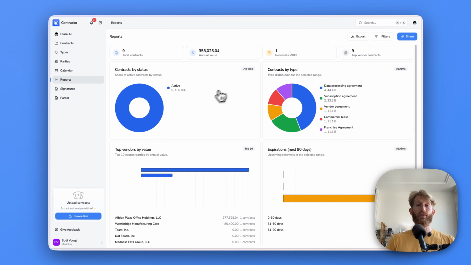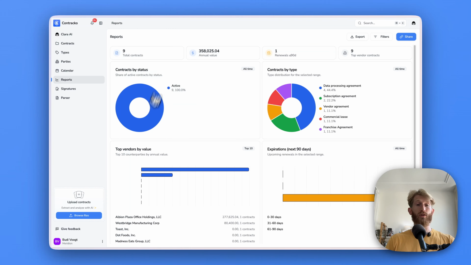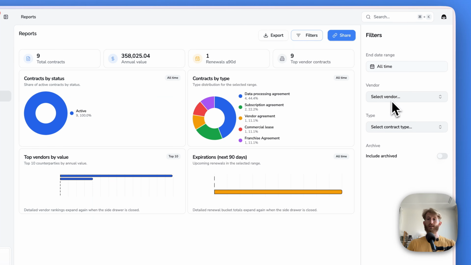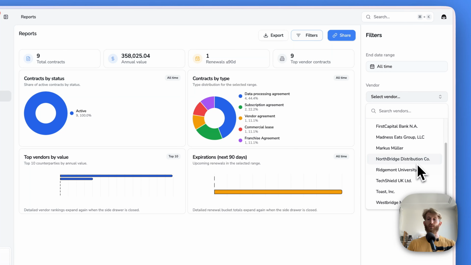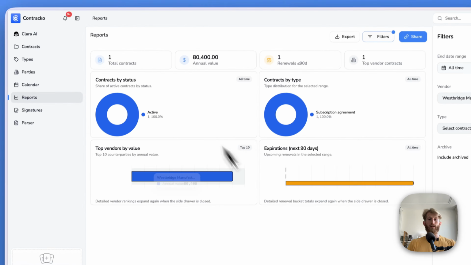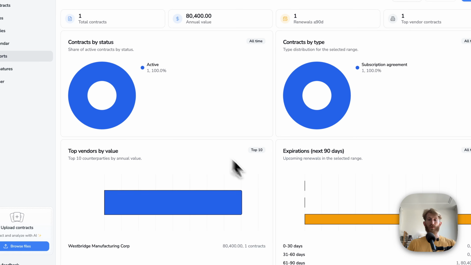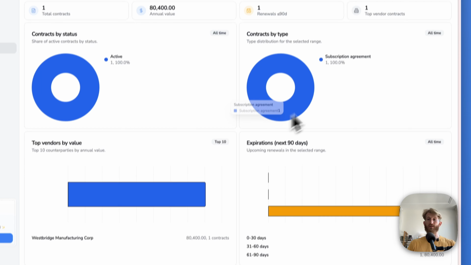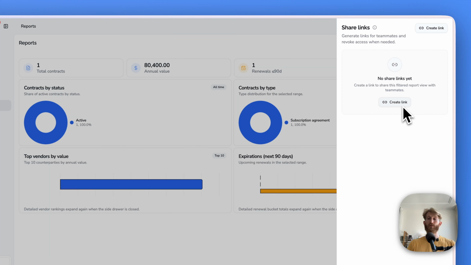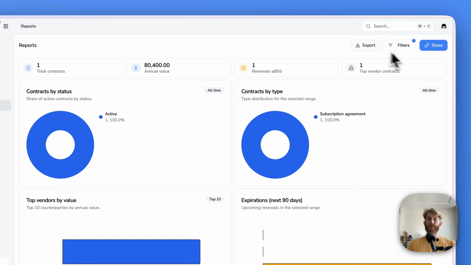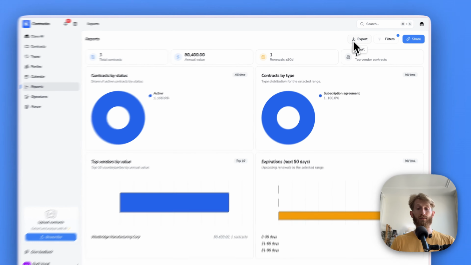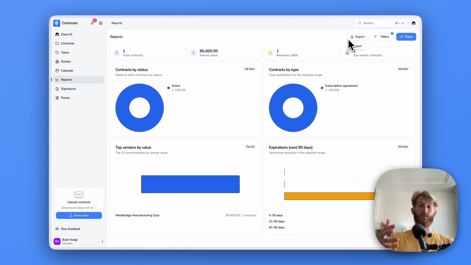Next, we have a reporting feature. What you're able to do is scope this down. For example, here, let's say I want to see everything that I have with this company. You're able to scope that down, see when the expirations are happening, and you can share these type of views externally, or you can run an export and get a PDF. Users use this to run management meetings, for example, to look at vendor concentration or how many contracts are up for renewal or renegotiation that can be investigated.